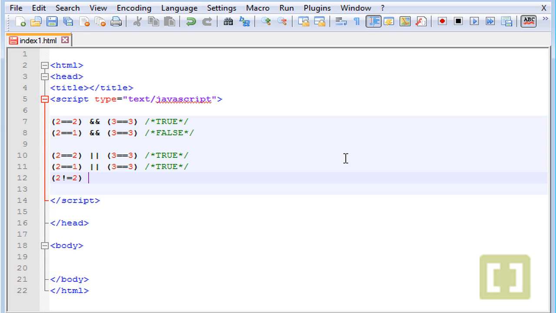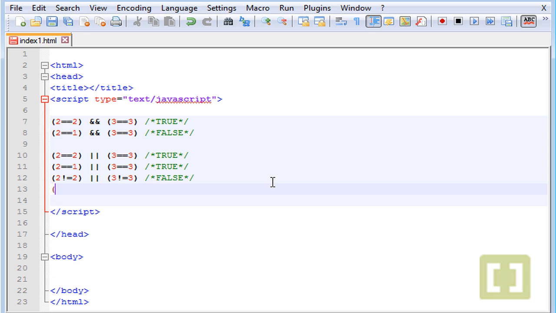If 2 is not equal to 2 or 3 is not equal to 3, this would be false, because both the first condition and the second one are false. What about if we type 2 is not equal to 1